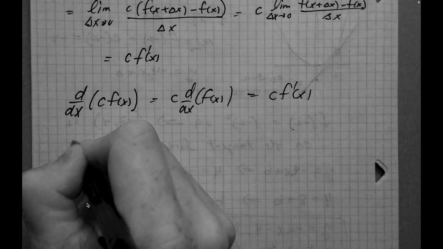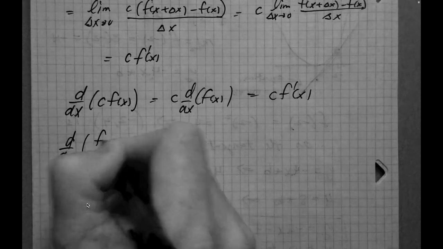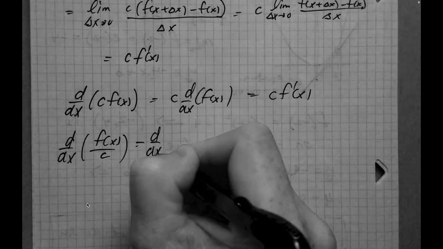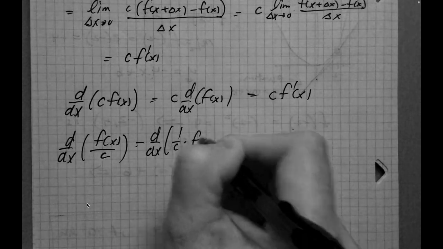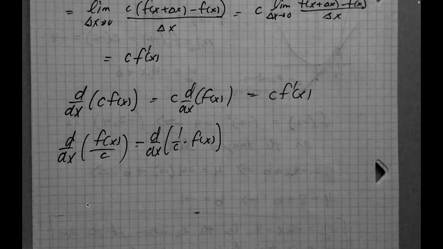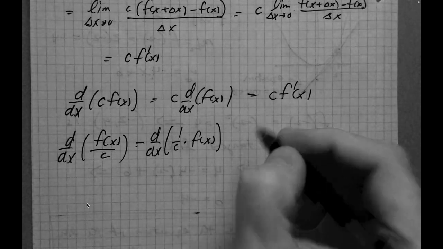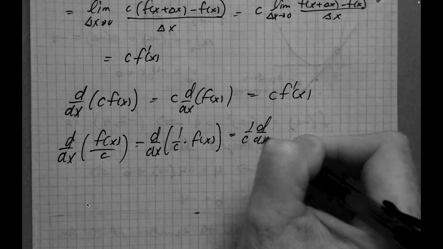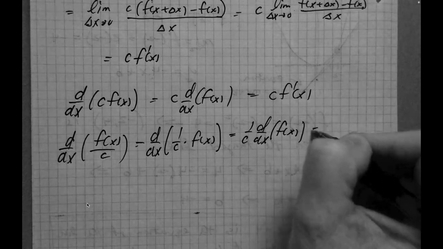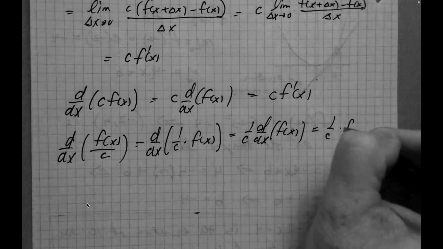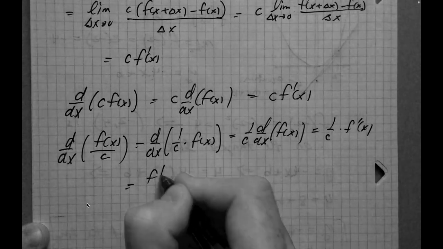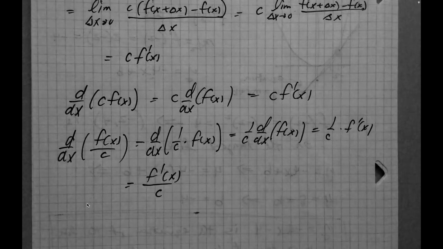Now this also works naturally when you have something like this, right? Because you can just think of that, of course, as 1 over c times f of x. So if you think about that in this sense, it's the same thing. And so you can pull that out and then calculate the derivative of just f. And so you get 1 over c times f prime of x. Or, if you wanted to, you could write this as f prime of x over c. So if your denominator is all a constant, you can just differentiate the numerator. Okay,